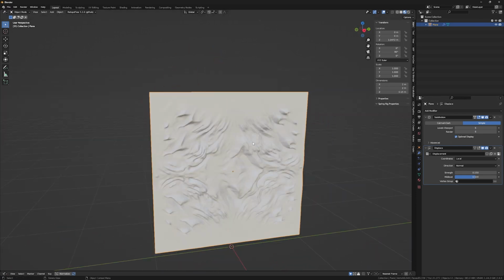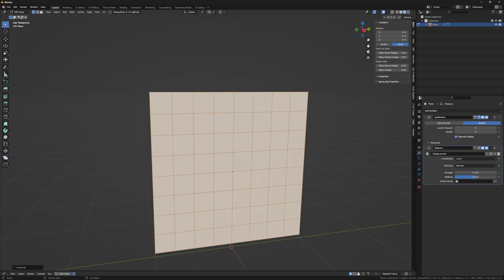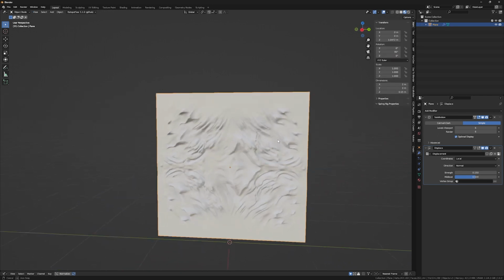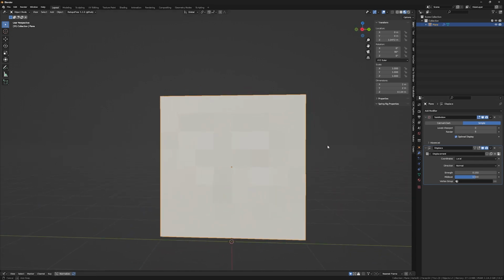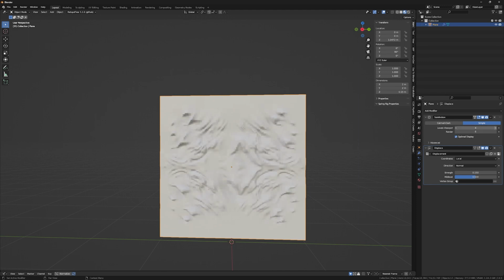But still, you can go back to edit mode and add some subdivision, and you have a better detailed model. But keep in mind, the more subdivisions and polygons you have, the more chance of crashing your system. So when you reach your desired result, you can decrease the levels in the viewport so you don't see the subdivision in the viewport, but keep the render resolution at the maximum. This way you can add more models with the displacement without crashing your system.